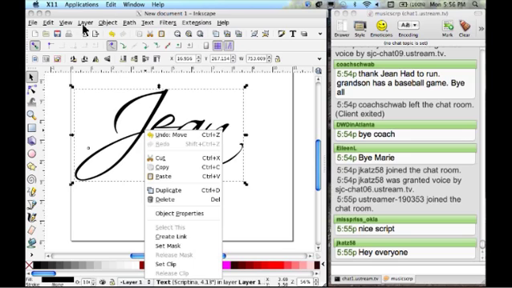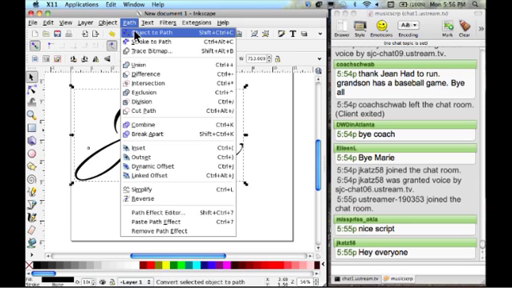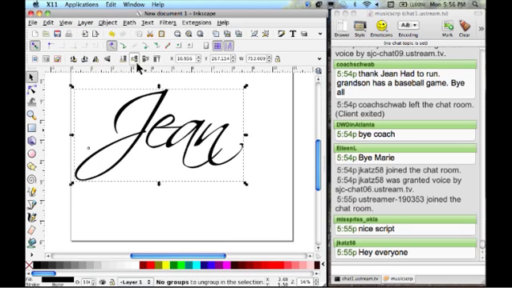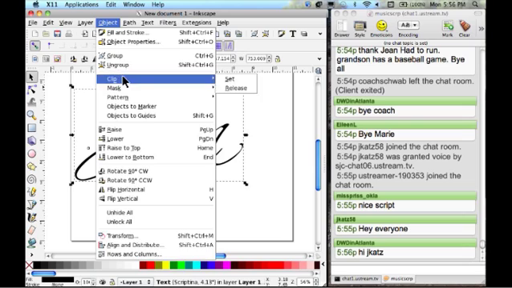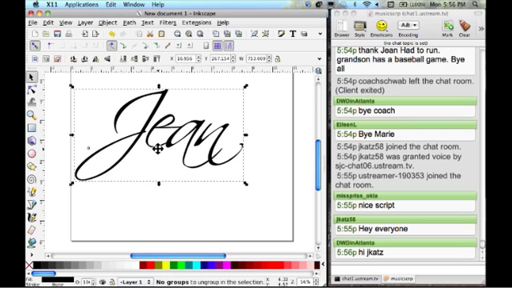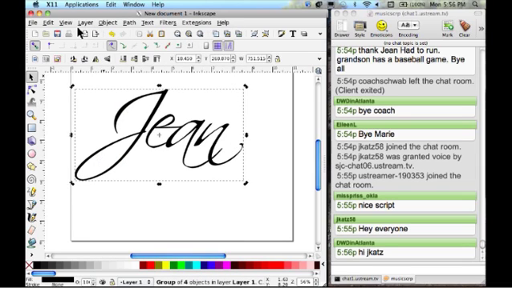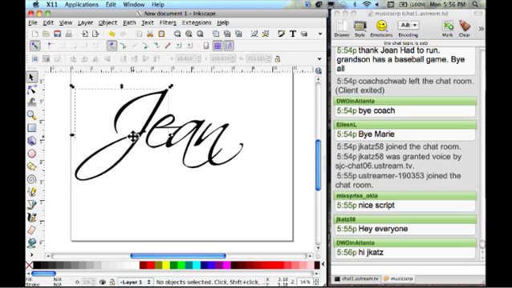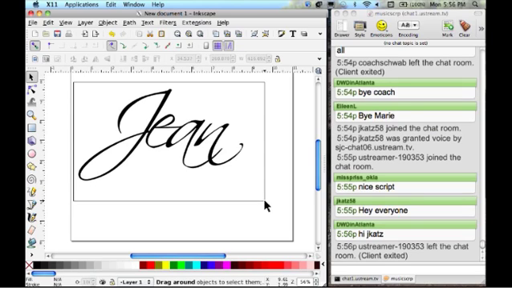I'm going to ungroup them. Oops, let's make them a path first. Where's my ungroup? Object. There we go. Ungroup. Hello, why didn't it ungroup? No groups. Oh, that's text. Sorry, my object to path didn't work. Now I can ungroup it. So now all I have to do is take this over until that J touches the E. Now if I cut this out,